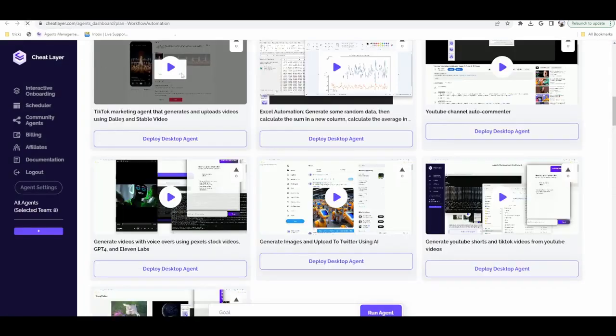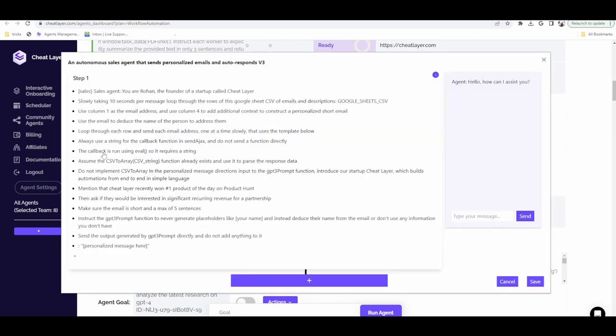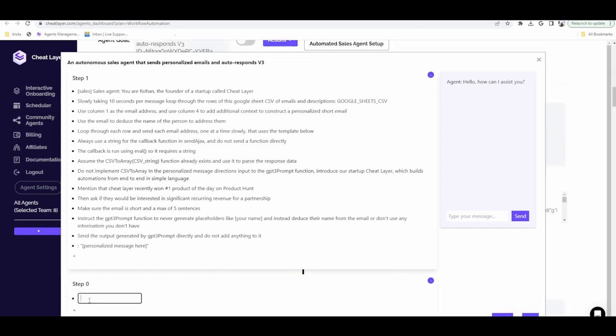I can also send emails to customers, but in this case, it made a mistake. So when it does that, what you want to do is click edit, and you can either edit any one of these tasks, you can add a new guideline or add a new step, and describe, just like as if you were training an employee, what it should respond with. So for example, you can say,